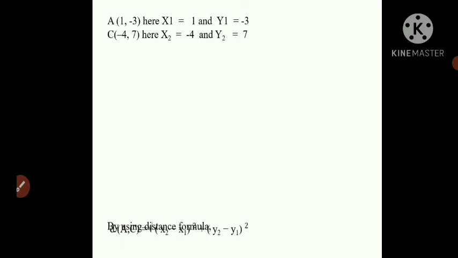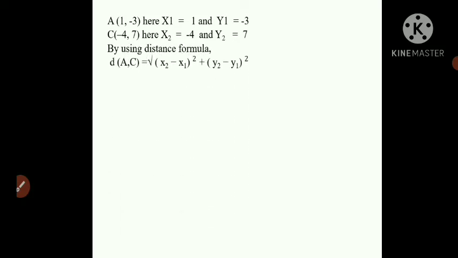Now we'll go for AC. We got first AB, then BC. Now we'll find the distance of AC. So A is 1 comma minus 3 and C is minus 4 comma 7. So again by using the distance formula, we'll write the distance formula. See now x2 is minus 4, minus x1 is 1 and here y2 is 7, minus of minus becomes plus